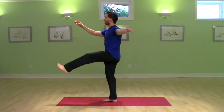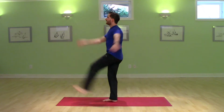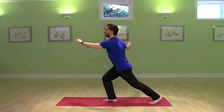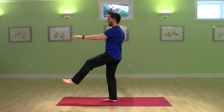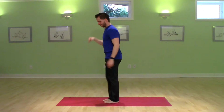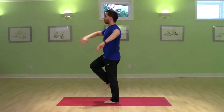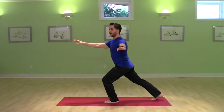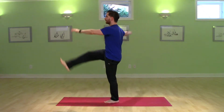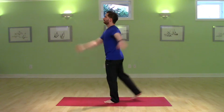as the leg swings. You'll find that it takes a moment to get the arms right because they will help you with it. If you have the arms going the wrong way, you're going to throw yourself off. So let's try it on the other leg. Standing on the left leg, right hand forward, right leg back, and then the arms twist as the leg comes through. Start high,